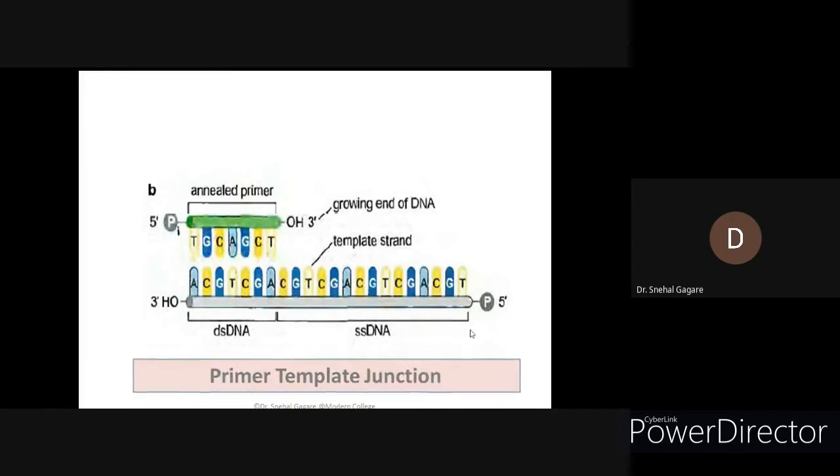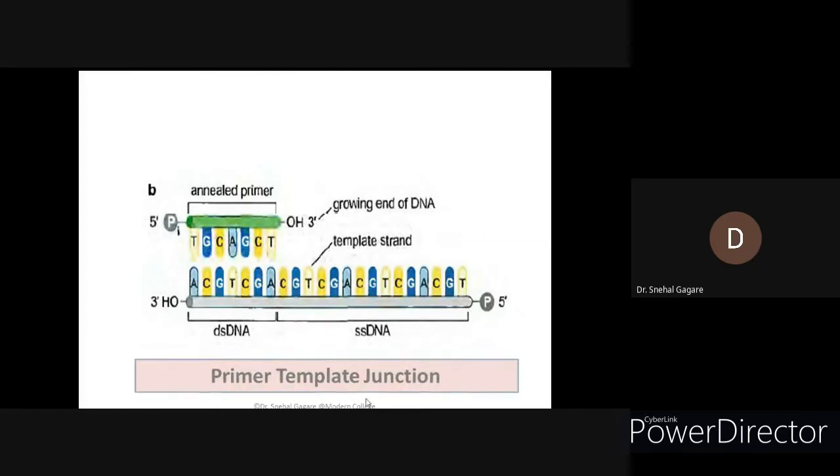If we see, it is anti-parallel in nature, 5 prime phosphate, 3 prime hydroxyl group. Over here, 5 prime phosphate, 3 prime hydroxyl group. Both the strands are anti-parallel in nature. They are running in opposite directions. This is called the template because it is going to be copied into the new strand according to the semi-conservative method. So this strand will be there in the newly formed strand, one old strand and one